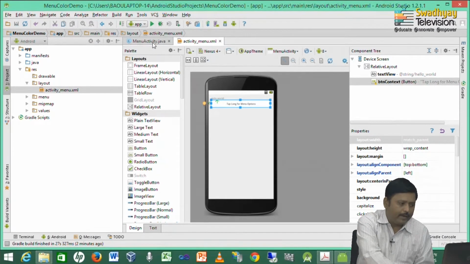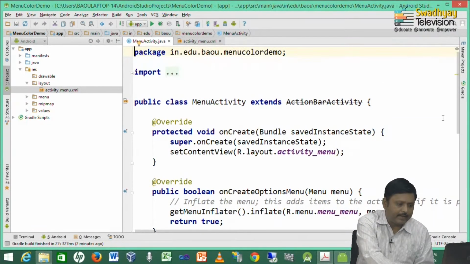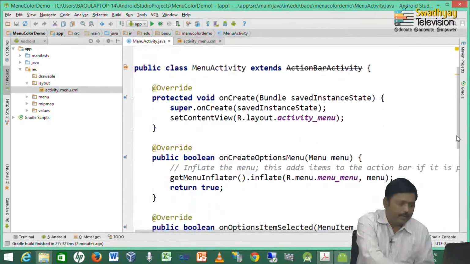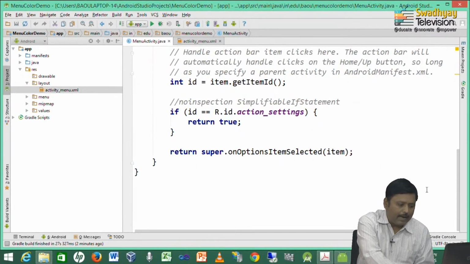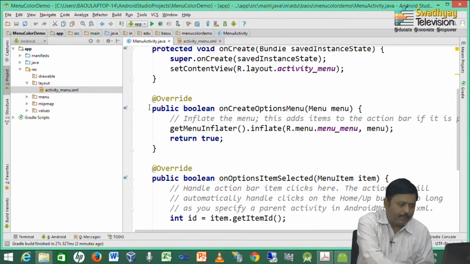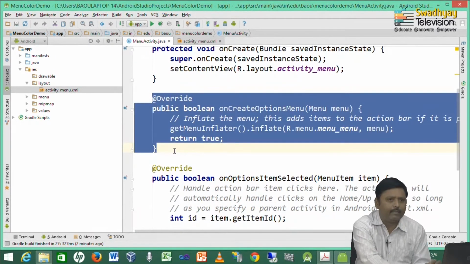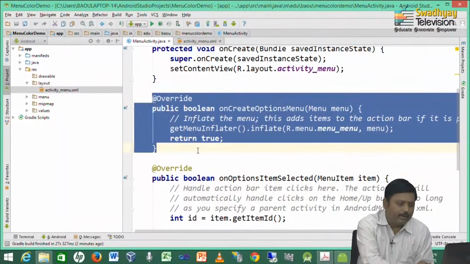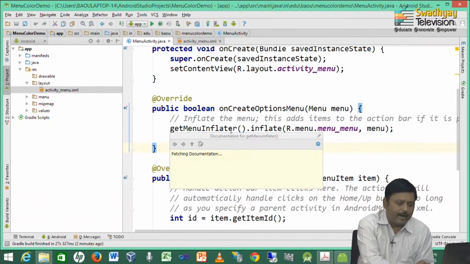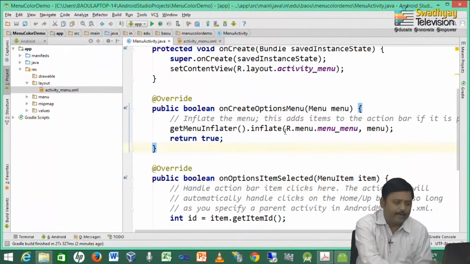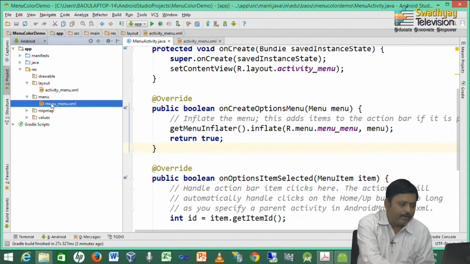Now, we go to the menu activity.java file, which is created by Android. Here by default the onCreateOptionsMenu method is implemented by the activity file. Here it shows getMenuInflater().inflate and then the name of the menu that we want to inflate. This menu.xml file is already created inside menu, and here we can see the menu underscore menu.xml file.